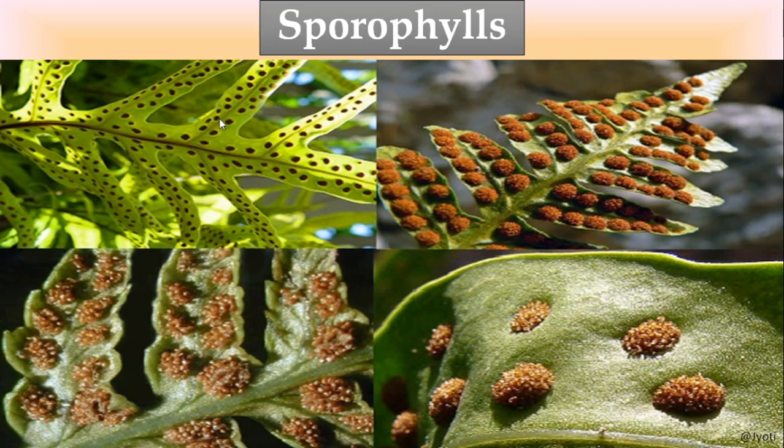This is just bulging out. Here you can see it very clearly. It is subtended, means it is just projected out. So these are the sporangium in different species. Inside the sporangium the spores are produced. And this is the leaf, the whole thing is the leaf. So the leaf that contains the sporangium, that develops the sporangium, is called sporophyll.